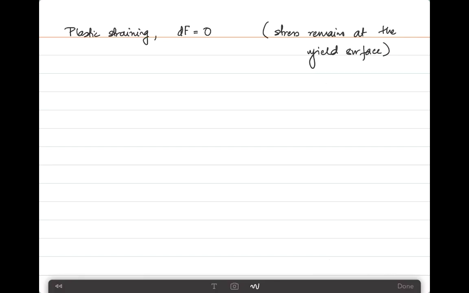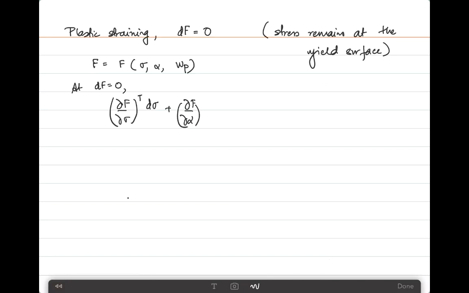If we go back to the equation that we defined before for F as a function of sigma, alpha and Wp, then during an increment, if dF is equal to 0, we can write ∂F/∂sigma transpose d sigma plus ∂F/∂alpha transpose d alpha plus ∂F/∂Wp times dWp is equal